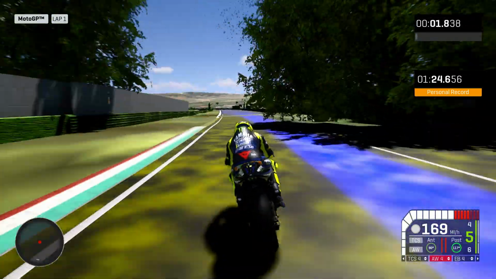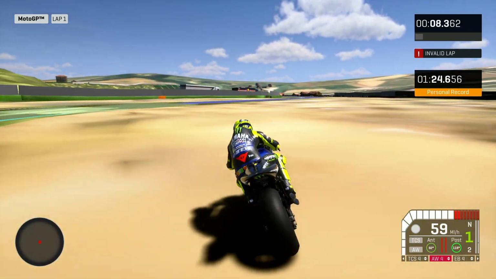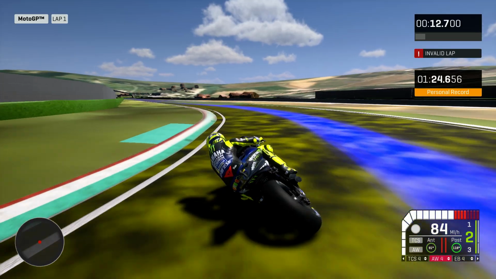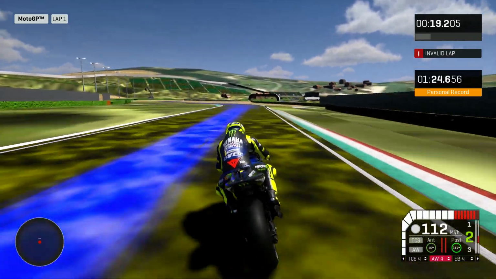It seems to think there's grass here as well. That's why the ground is slightly green in places. I think that's what it is. Wow, I've absolutely overshot the first corner. That's nice. So yeah, that's probably a good demonstration. When you go off this track, it still invalidates your time, which means it actually is working